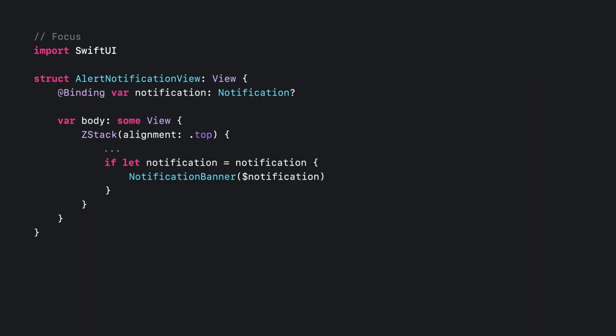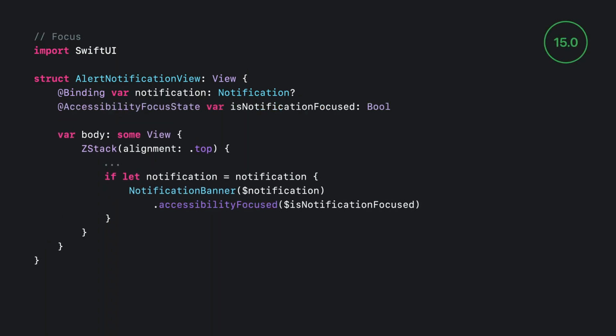Here we have a simple view which tracks a notification, and if it exists, overlays a custom notification banner. We want to use this view in WalletPal to show alerts for push notifications received while the app is in the foreground. When the notification banner is added, assistive technologies will not automatically focus on it, but we can request they do so with the new Accessibility Focus State.